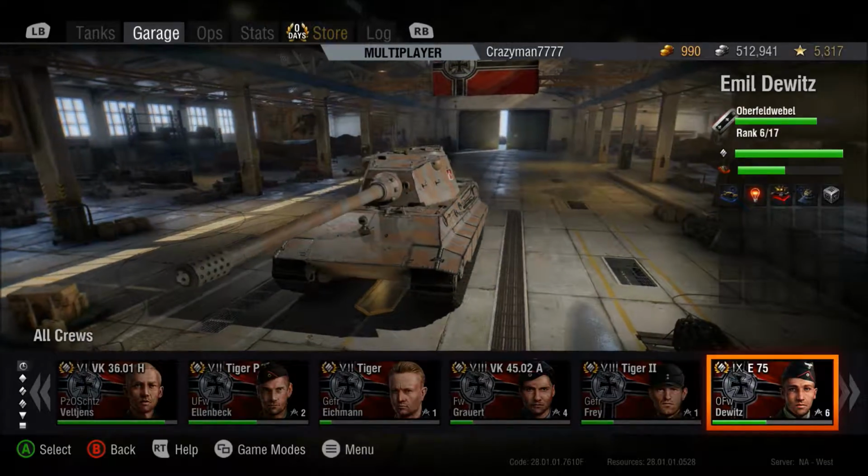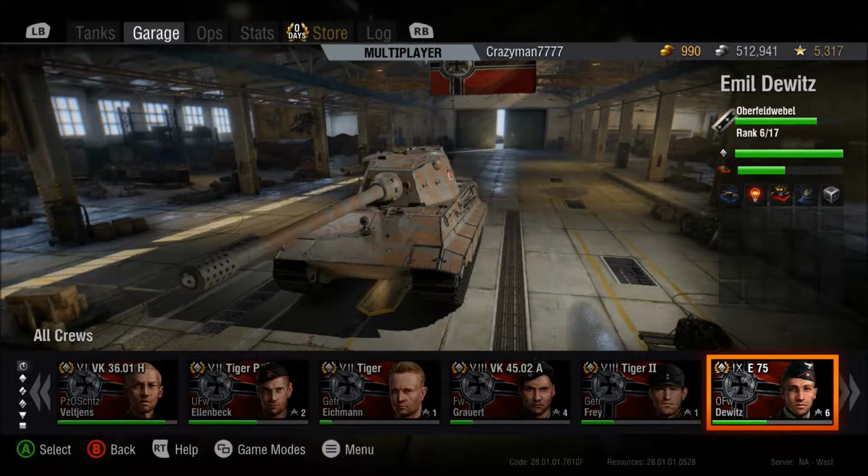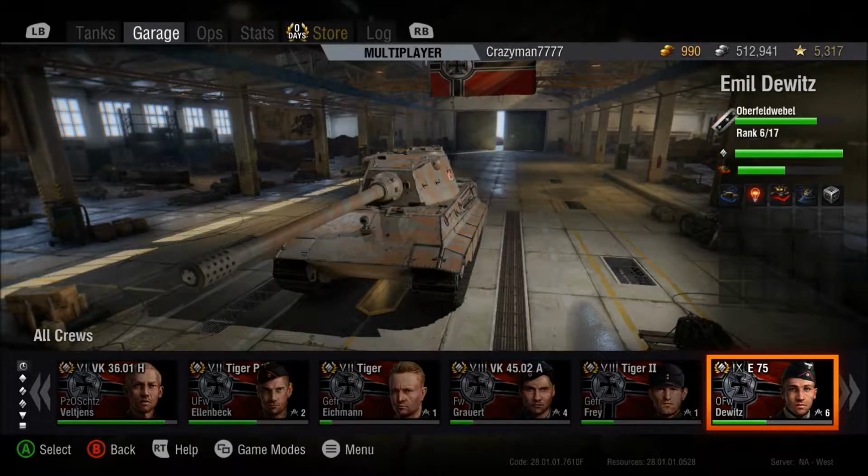Anyway, so it is entirely based off of how many skills, I think it's based off of how many skills they are currently researching at the same time as how many they already have. And obviously it says right there 17 ranks, 17 maximum skills, because in World of Tanks there are more than 17 skills on the Xbox. I don't know about the PC. Anyway,